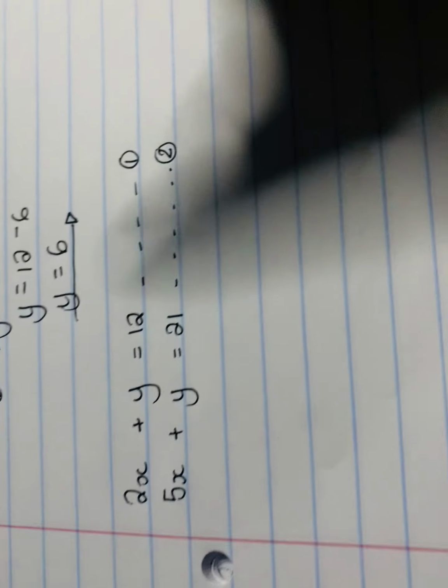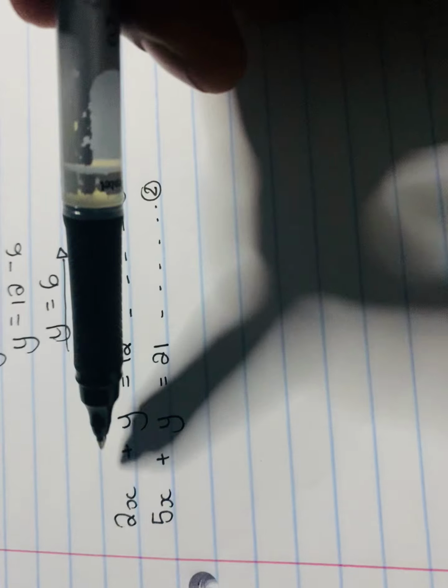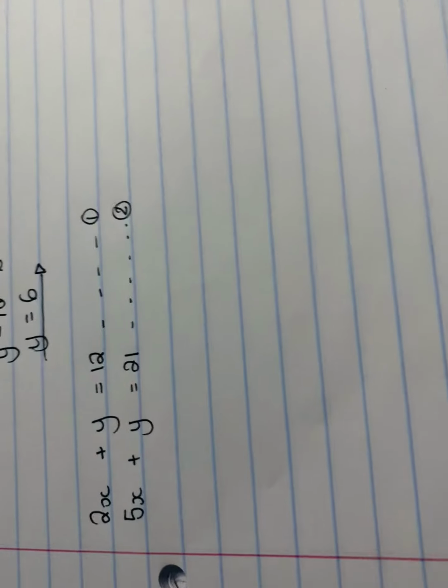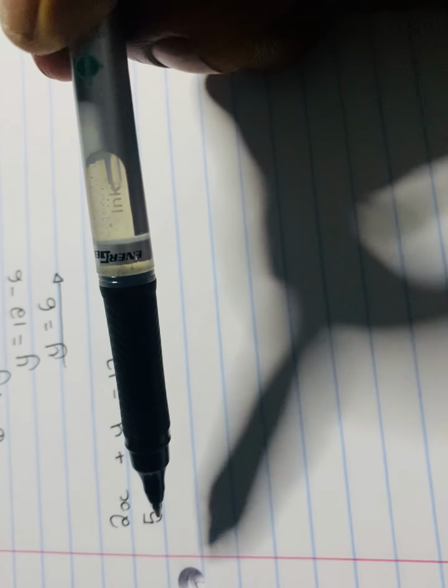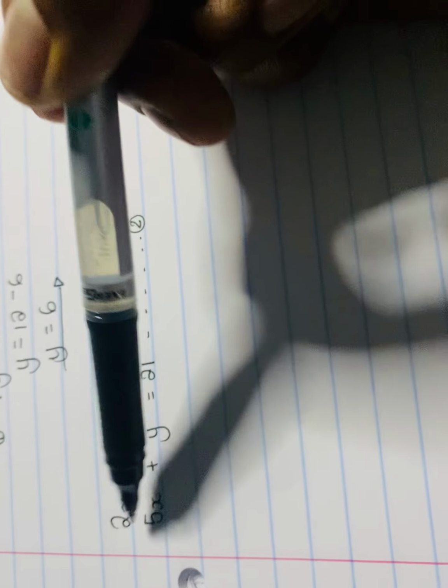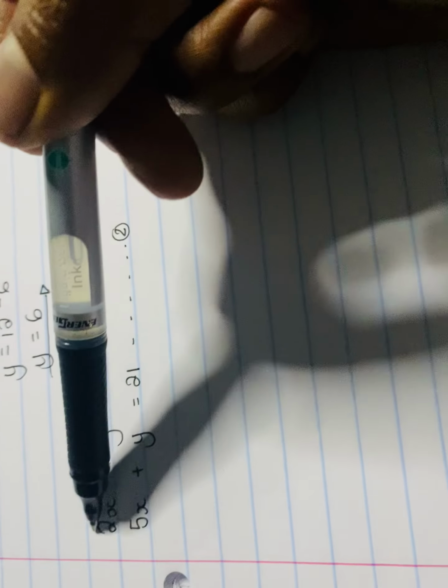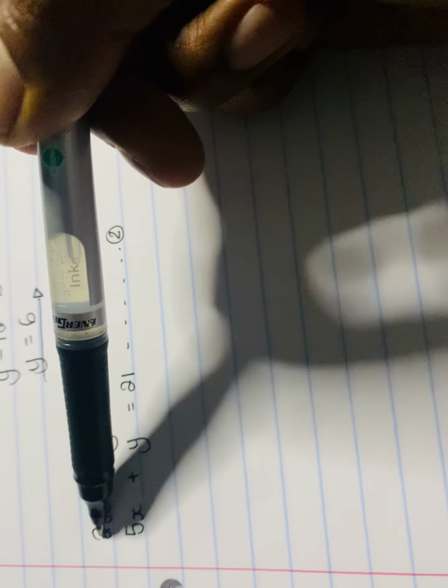Alright guys, so we're back with another elimination. Last time we eliminated the y's. Now somebody would want to eliminate the x's. But remember, for us to eliminate, the aim is to get the same numbers. For example, if you have 5 here and you have 5 here, you can say 5 minus 5 equal to